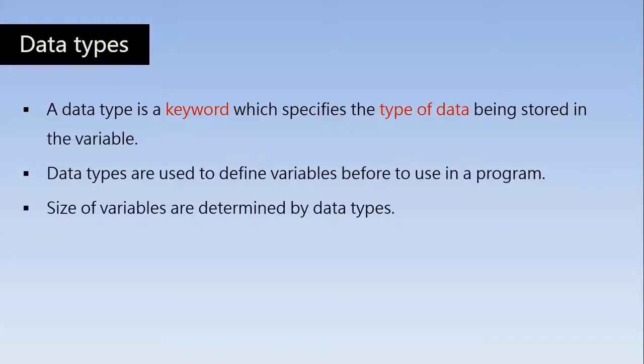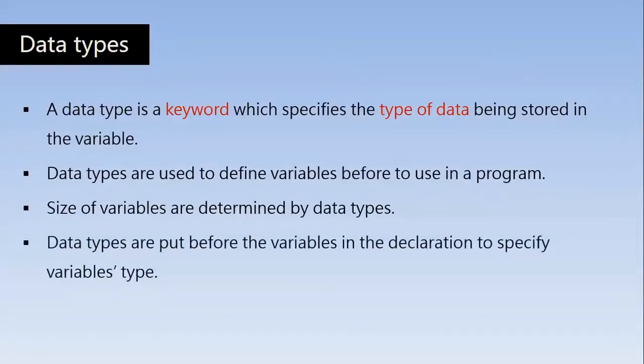There are situations where we store different kinds of data: characters, integers and floating type, real numbers. So there are different types of data that we store in variables, and so data types are used to find out the size of variables for the compiler. So by looking at the data types, the compiler will find out the size of the variables that it is going to allocate in the future, right?